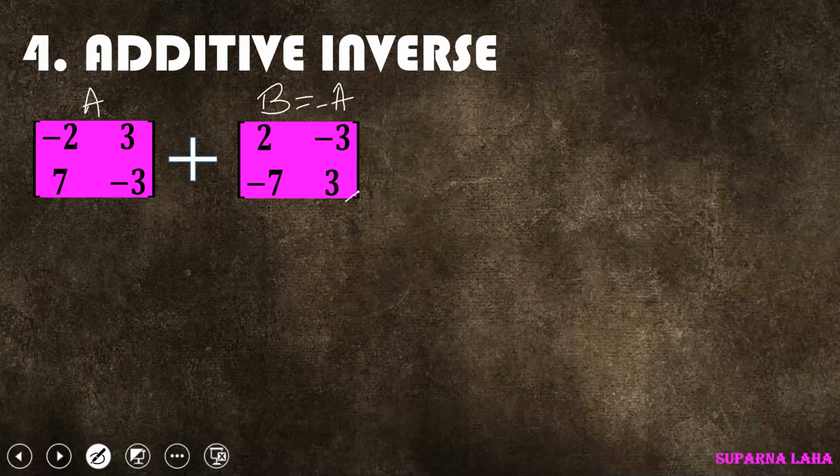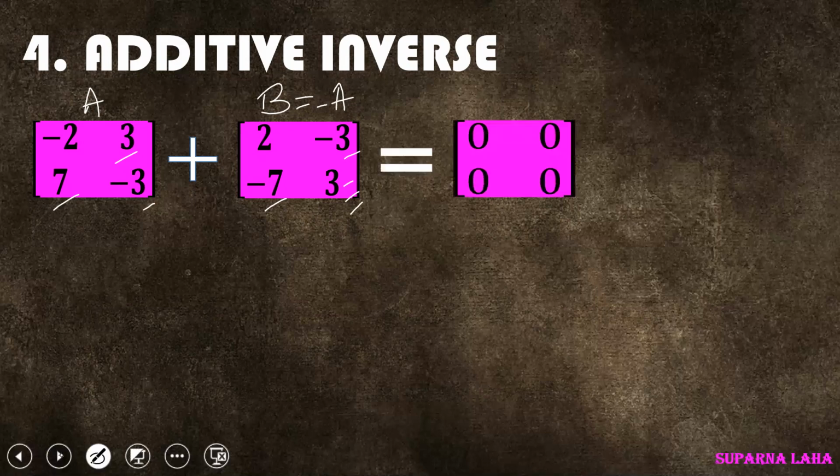So we will find this matrix. Just multiply it: -2 into -1, that means it is 2; -1 into 3, -3; -1 into 7, -7; -1 into -3, 3. Now if we add these two matrices, the ultimate result is given by this matrix, that is the 0 matrix or the null matrix. So look here.